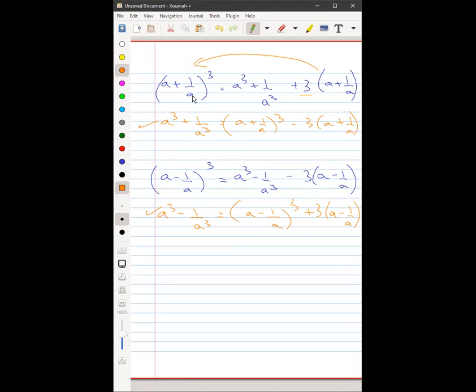Any doubts in any of these identities so far? These are important identities, very, very important this year. Because (A plus B) the whole thing squared you've been doing last year. Only difference was (A plus 1 upon A) the whole thing squared. Those sums will definitely come. And (A plus minus 1 upon A) the whole thing, this will definitely come for 4 marks.